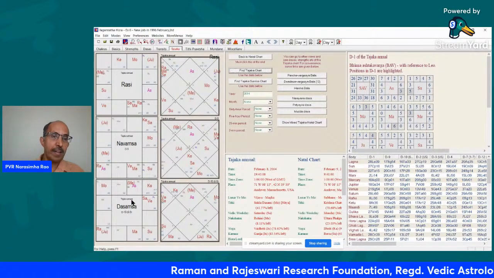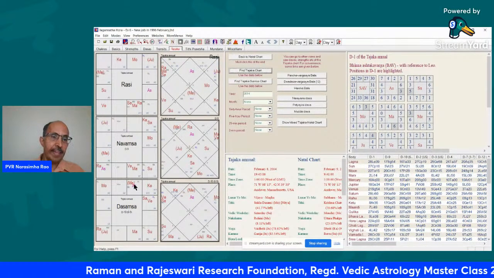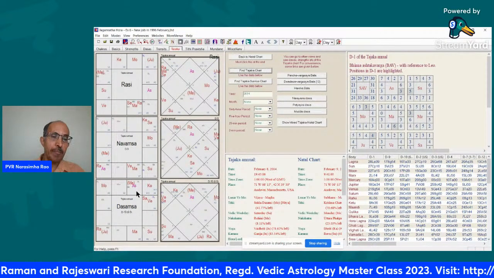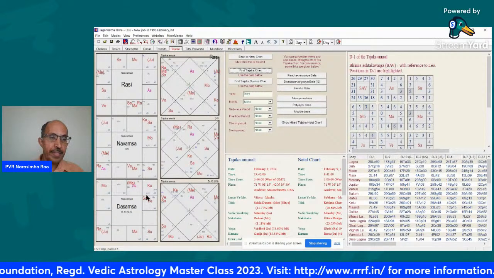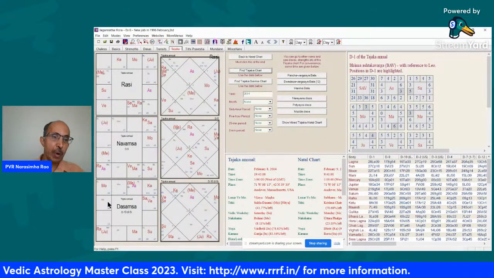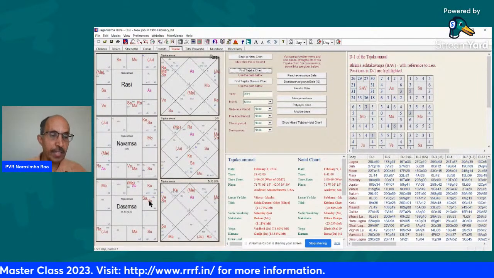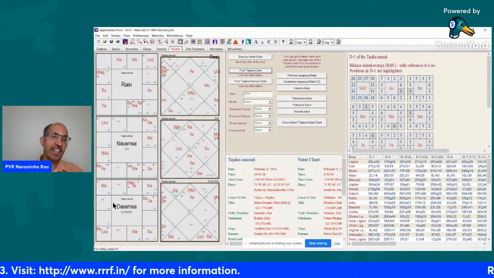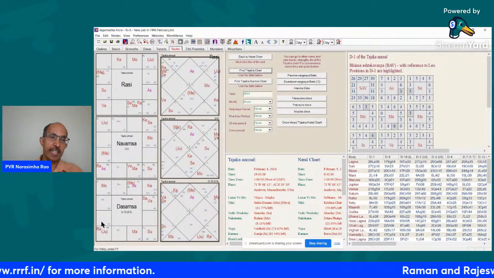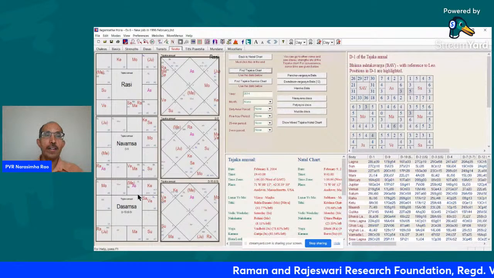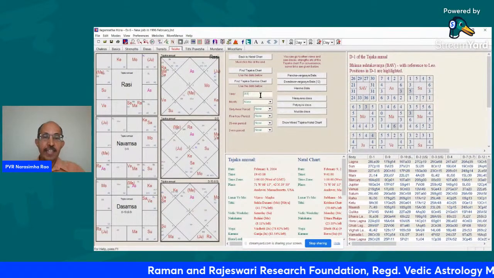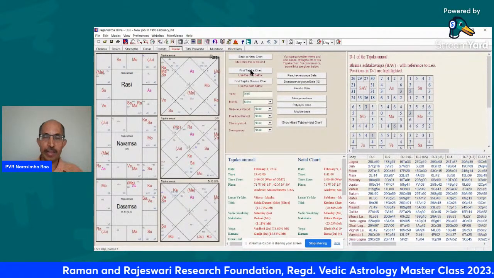And if you look at the Shashtamsha chart of career, the fifth lord of promotion, Mercury, is in Lagna, and Saturn and Venus are together. Lagna Lord Venus and Yogakaraka Saturn are together in the third house, aspecting the ninth house. So the Lagna Lord and ninth Lord together, aspecting the ninth house, and the fifth Lord in Lagna. These two are really good combinations that can justify getting promoted during the year.